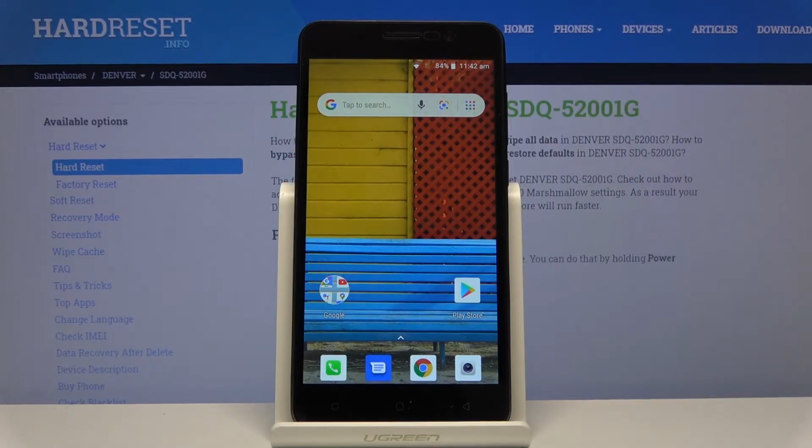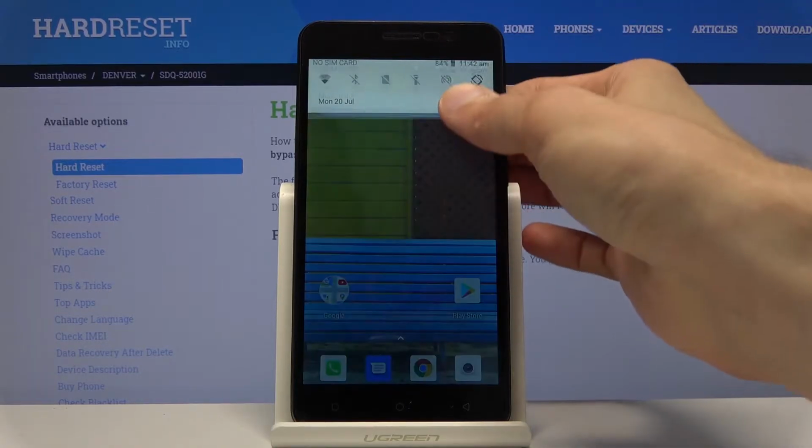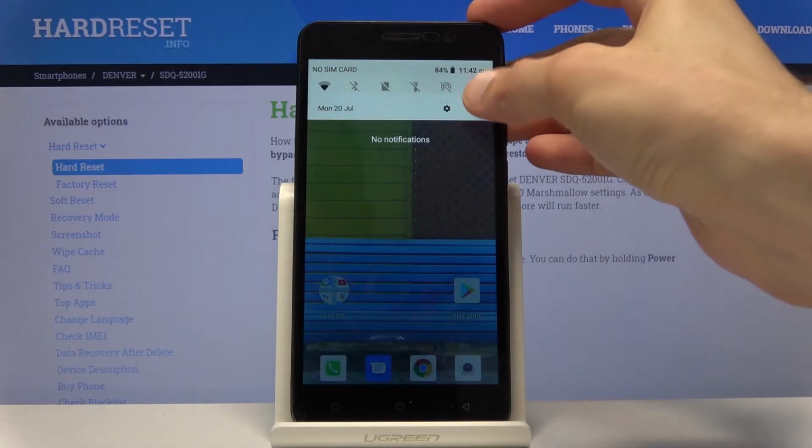Welcome, my name is Denver SDQ, and today I'll show you a couple tweaks and tricks that I can do on this device. Now, beginning with the first one, it's going to be the System UI Tuner,